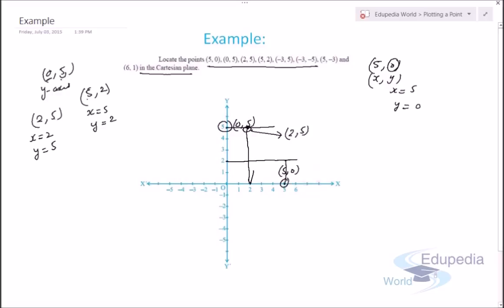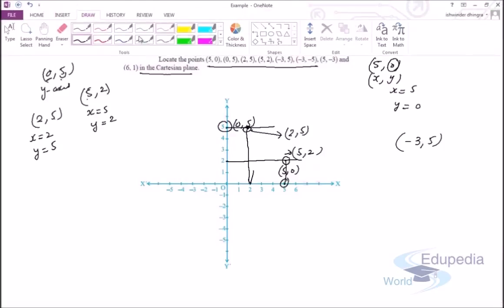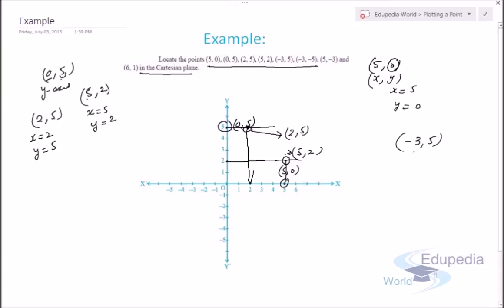So this point is 5 and 2. So this is how we can locate our points. Next point is minus 3 and 5. So for clarity, let me use another pen. Now we have to locate point minus 3 and 5. So minus 3 means x is minus 3 and y is 5. So clearly x part is minus 3. So here is x part